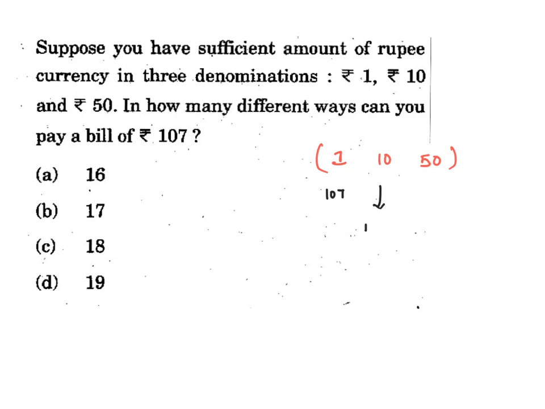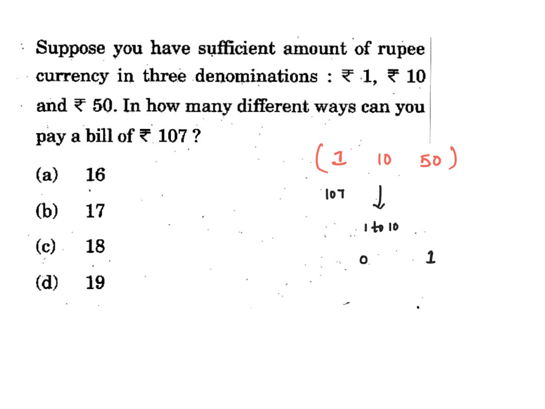So how many possibilities are there here? 1 to 10 possibilities. The remaining you are filling up by using 1 rupee. Suppose you are using 1 ten-rupee note or coin, then the remaining you are filling by 1 rupees. So if you use 20 rupees, the remaining 87 you are paying by using 1 rupee. Now suppose you are using 50 rupees. Now see how you are paying it. I can use how many? 50 rupees, and 150 rupees if you use, suppose.